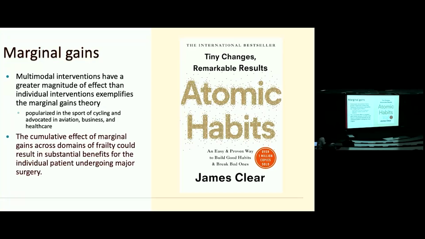This is the basis of what we said: as you recall, the RAI, or the frailty tool that we developed, is multi-domain. So if you make marginal improvements in each of those domains, or some of those domains, those marginal gains would result in substantial benefits in individual patients undergoing major surgery. There have been trials that have tested individual interventions. What if you change the anesthetic? What if you change the nutrition? What if you change the exercise? Those studies have been largely negative or with faint positive signals, and that served as our justification that if we bundle that care, if we combine the marginal gains, we will get a net total positive gain.